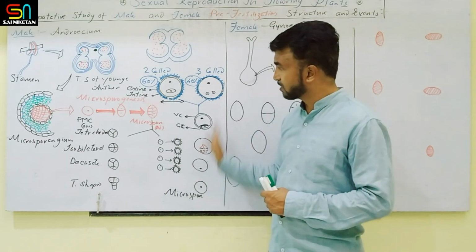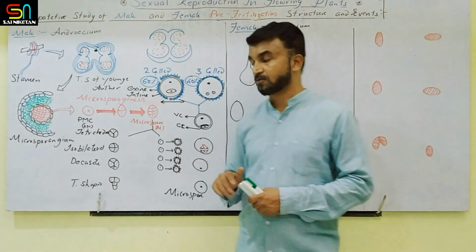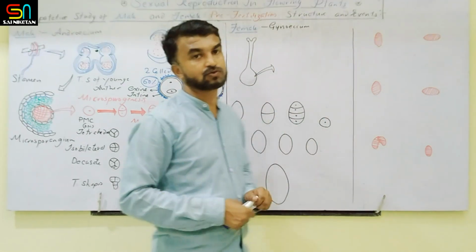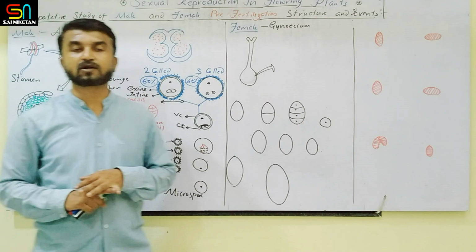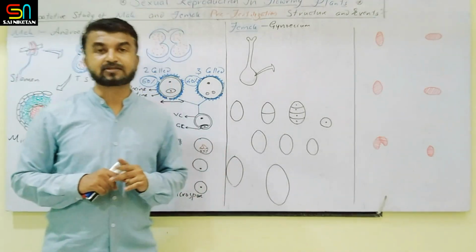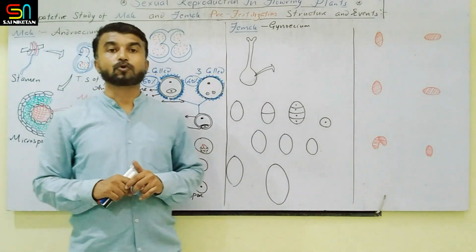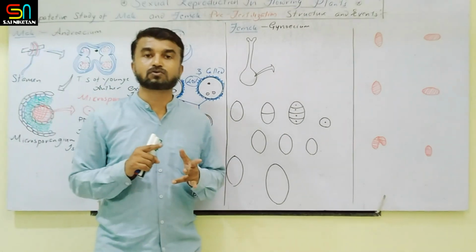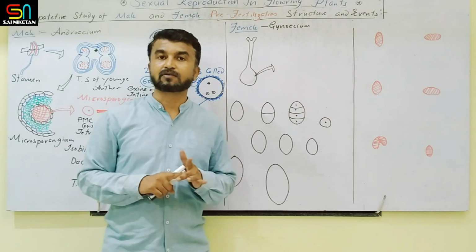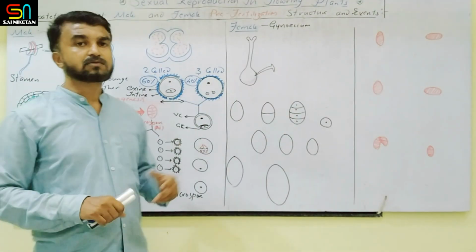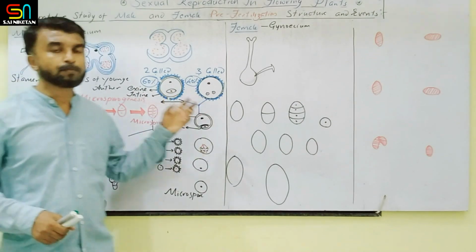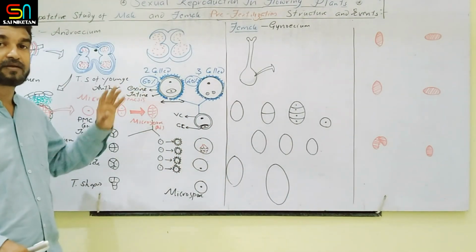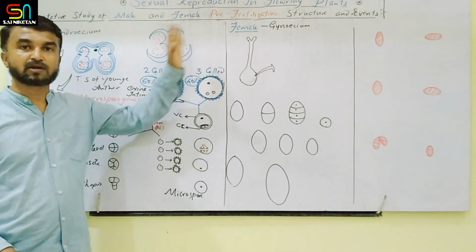Clear? So this is about the pre-fertilization structure in the male reproductive part. Some vague topics related to pollen grain we also cover. That is the viability of pollen grain, storage of pollen grain, that is nothing but cryopreservation, how pollen grains are responsible for allergic reactions in some persons that may cause asthma, bronchial affliction, and even bronchitis. And the complete study of the pollen grain is called palynology. Clear? So this is about the male pre-fertilization structure and events.